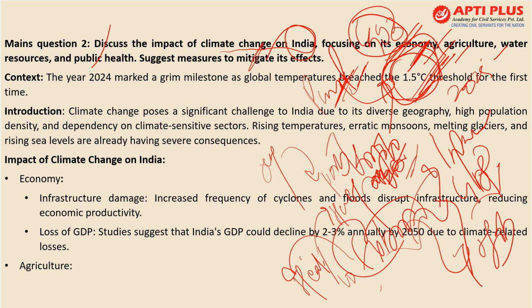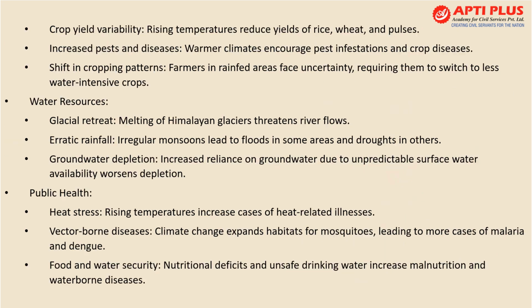So such things impact our GDP by 2 to 3% according to the studies. तो यहाँ पे आप डेटा डाल सकते हैं किसी भी मेजर साइंटिफिक ऑर्गेनाइजेशन का. Then on agriculture we see crop failure, crop yield variability, increased pest infection, you can say locust attack in Rajasthan,